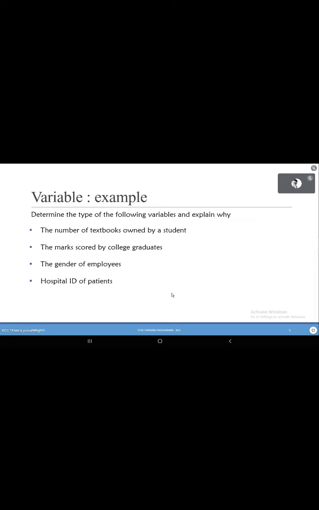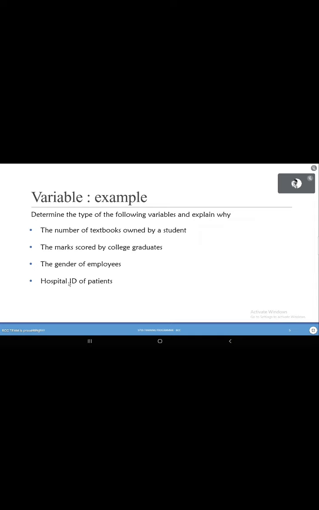Let me correct you all. It's a nominal variable because, just like I explained before, we have pin code or name. These are all meant for identification purposes, right? If a person has hospital ID 1 and another person has hospital ID 2, the person with ID 1 is not superior to the person with ID 2. There's no meaning, so it's meant only for identification purposes. Such variables we call nominal variables, just like pin code or name.